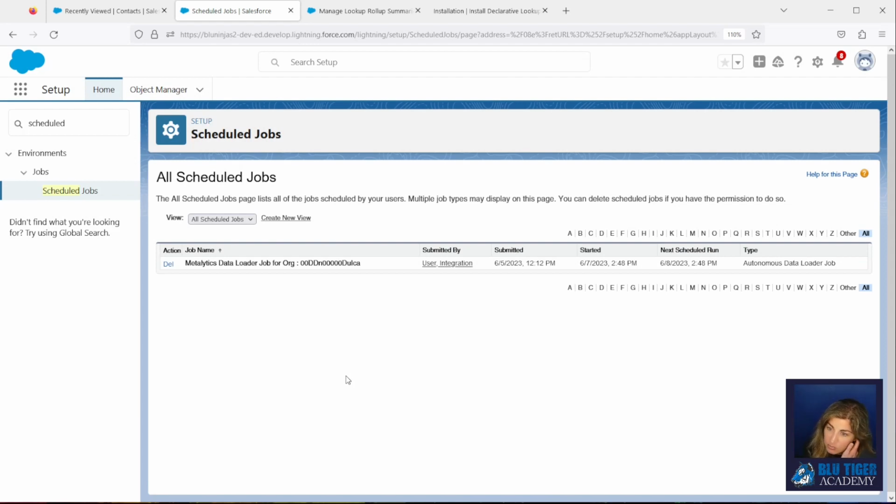Keep in mind, if you schedule a whole bunch of jobs underneath a user and you inactivate that user, those jobs will fail to run. So you should always schedule these jobs underneath a user that is not going to be deactivated.